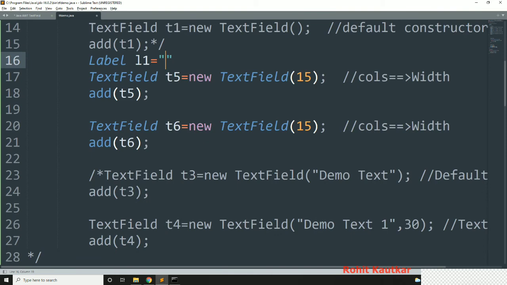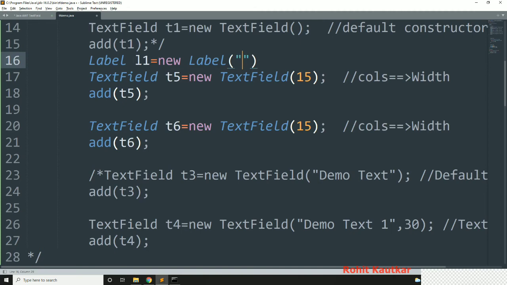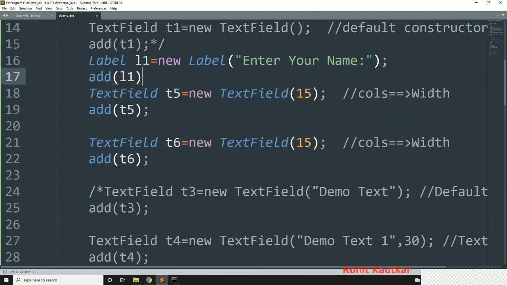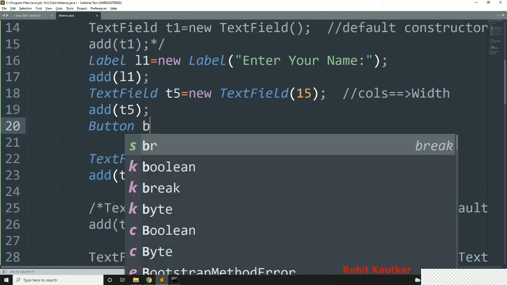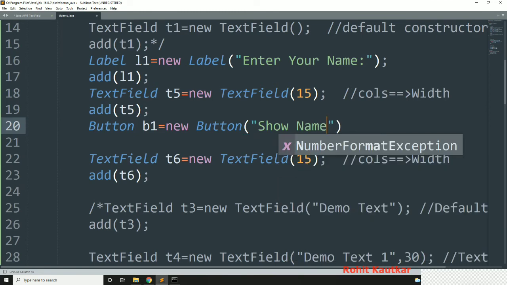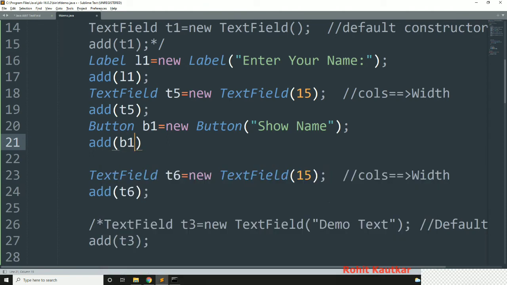Let's say label L1 is equal to new label, and I will write enter your name. Then we will add this label L1. After this, in between we will create one button, so button B1, new button, and I will say show name. And we will add this button B1.